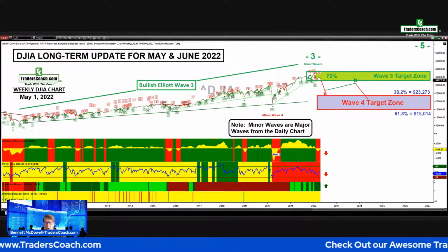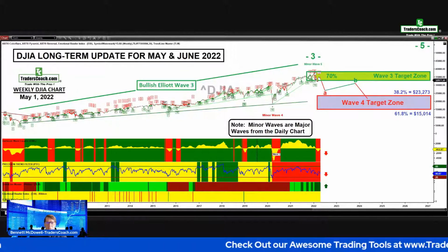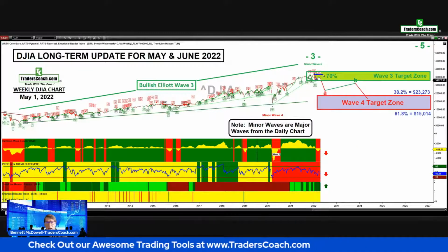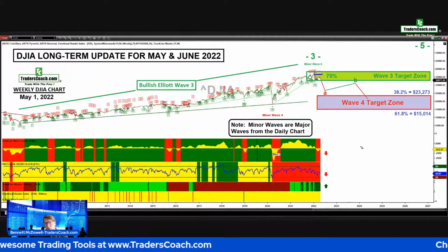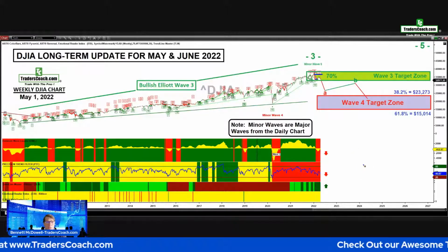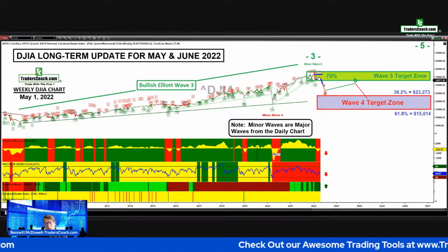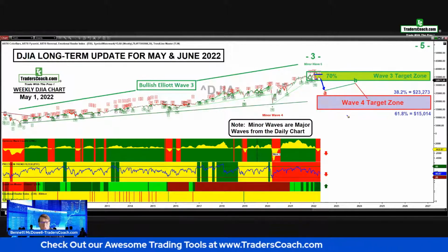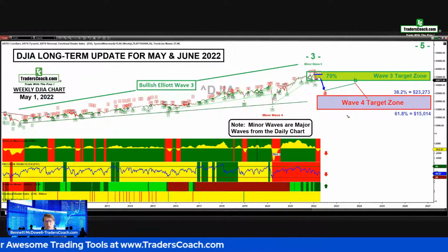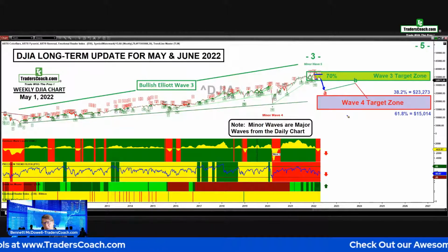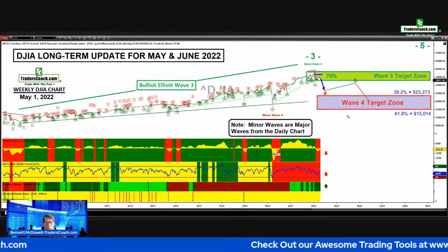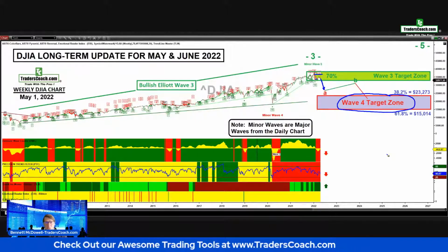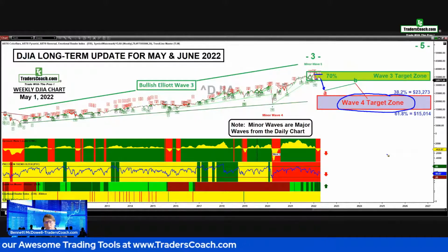So a couple things I want to point out. One is we had a short position initiated here early in 2022, with a stop way high near the high. And that so far has been a very profitable position. It has also not been stopped out. And we think we now have begun a wave down. Now, this is a correction. And what I'm going over is when I forecast where price corrections go, I use a combination of both Elliott wave and Fibonacci retracement. So the wave 4 target zone is a culmination of those two forms of technical analysis, Elliott wave and fib retracement.